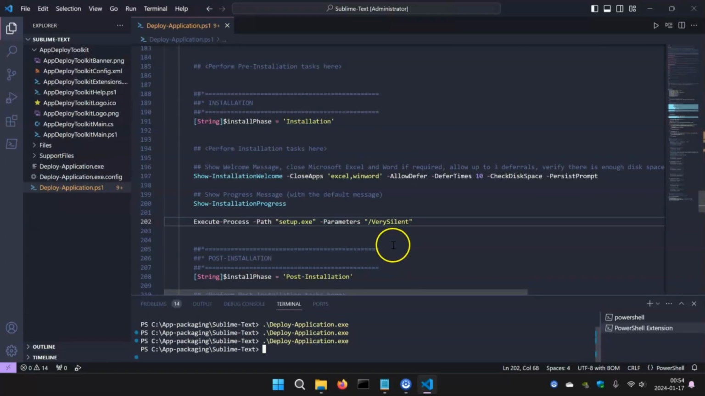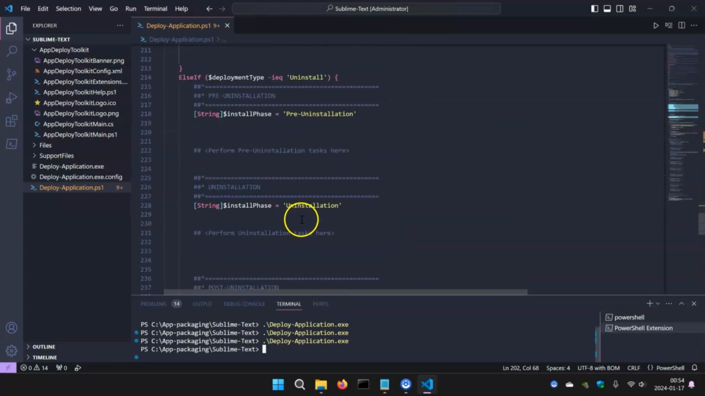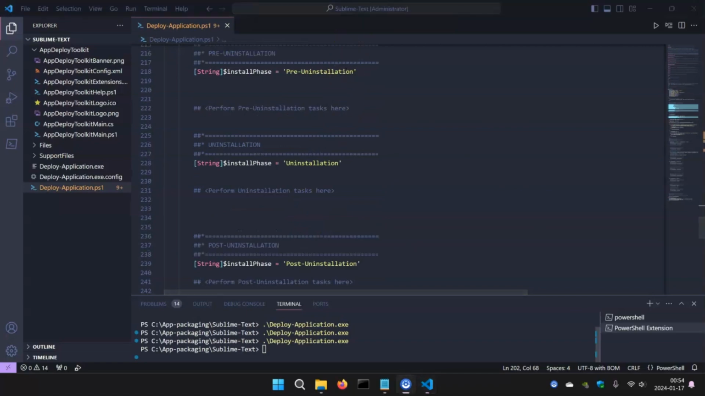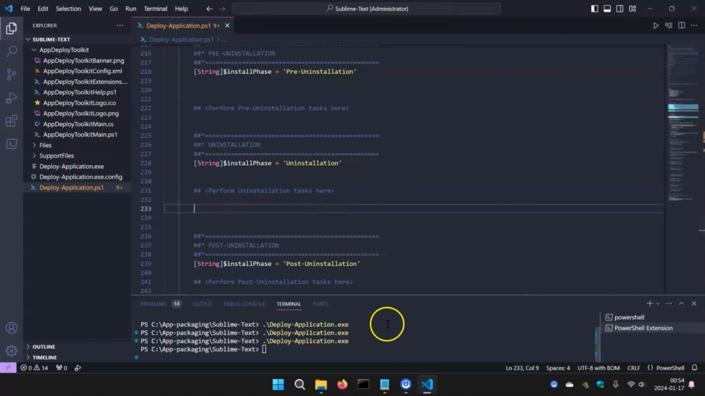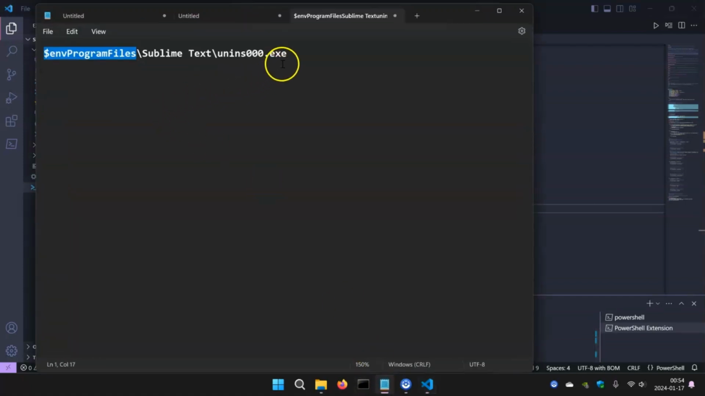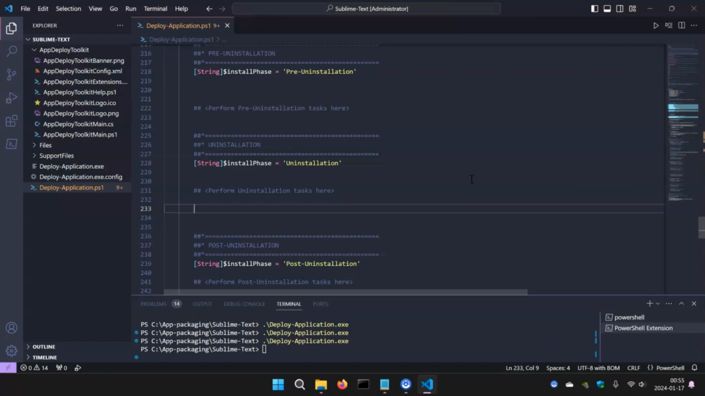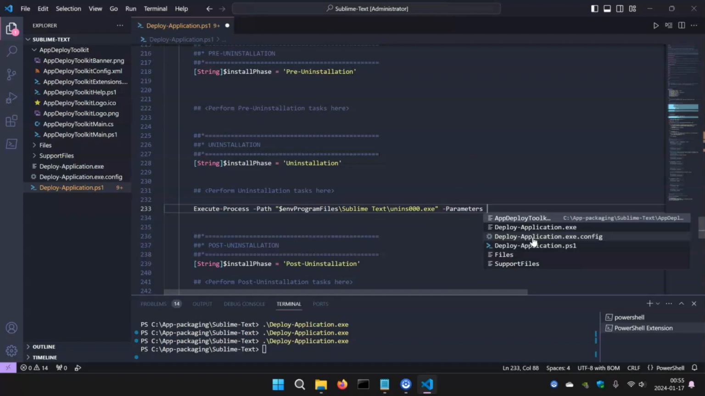Perfect. Now next we want to work on our uninstallation part here. So scroll down in the script until you come to the part where it says uninstallation. Now I have already cheated and know where the uninstallation file for this application is. So I'm going to just go ahead and copy this. Here we want to execute a process again, and the path to that file is here. We want to do the same thing here with the parameters. We don't want to show any grid to our end user, so we are going to use a very silent